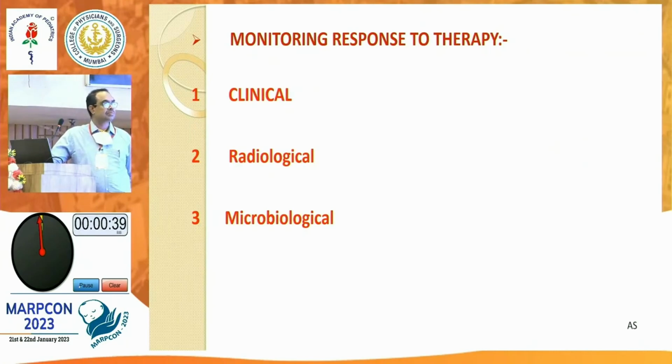And obviously the lymph nodes, if they were there and you were able to palpate them, then what has happened to their size. So these are the when and what in case of clinical. In case of radiological, if the child is having improvement, then we don't have to do a radiological analysis. We can do it at the end of the therapy. What we see is we have a baseline X-ray. We see what is happening to its shadows.